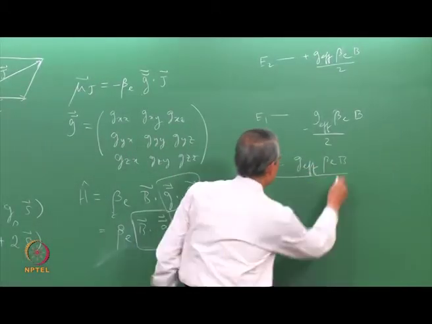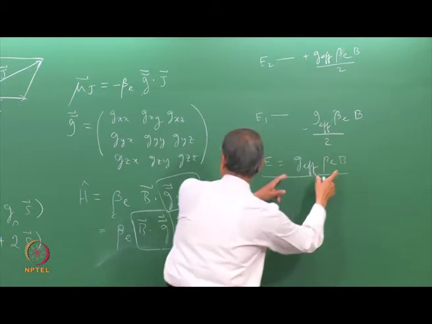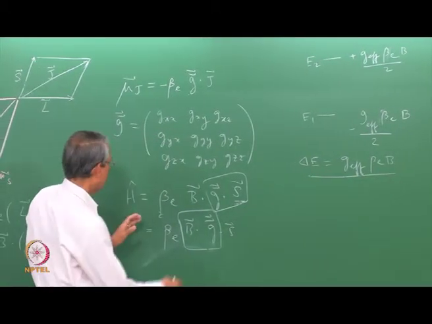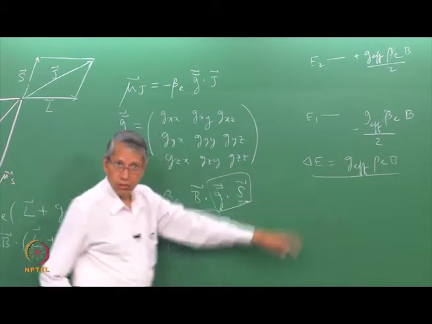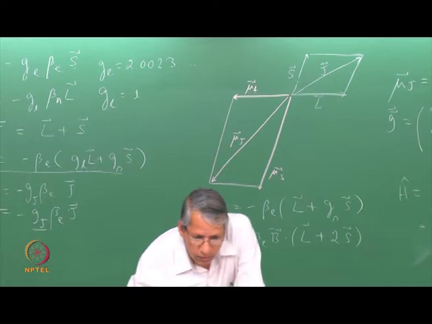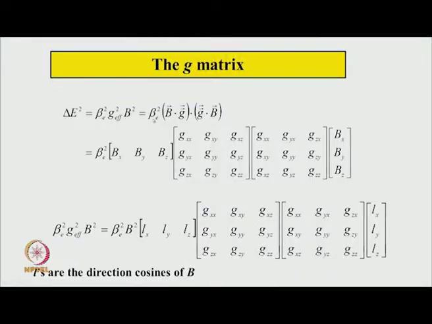Total energy square, this is a scalar quantity, can be written as a scalar product of this with itself. So, that is done here. This delta E square is the product of this with this. Of course, to make sense of the multiplication of vectors and these matrices, one has to take the appropriate transpose of the matrix here, that is done here. So, by simplifying, the G effective square with these two constants comes out to be this.